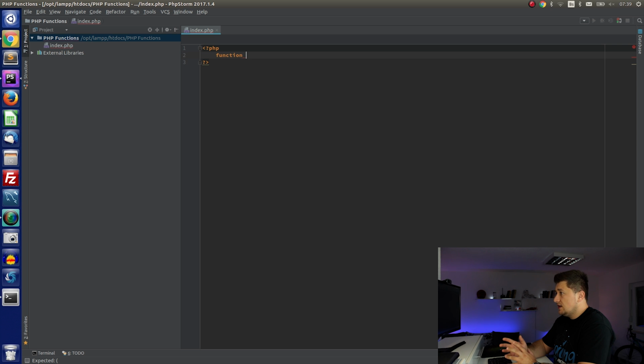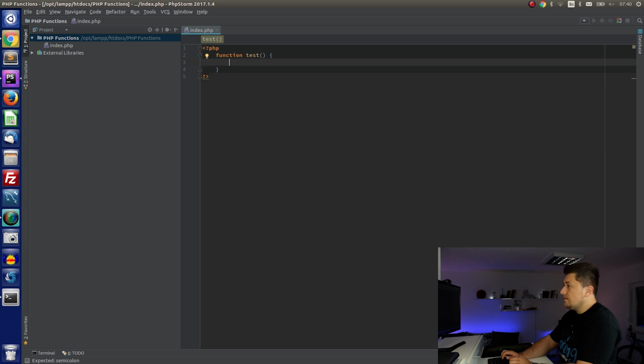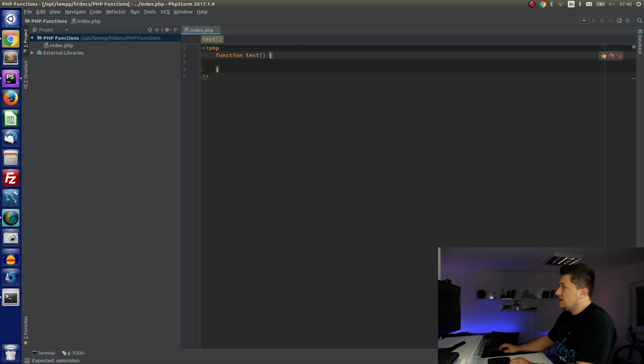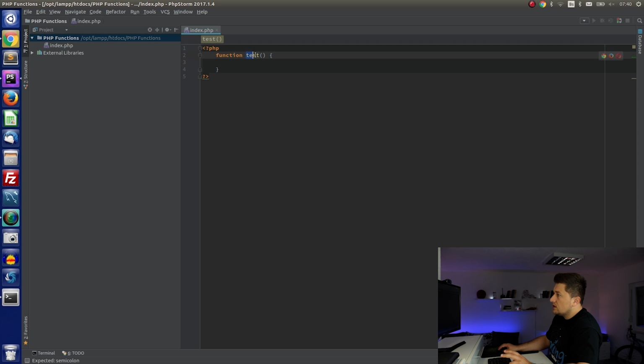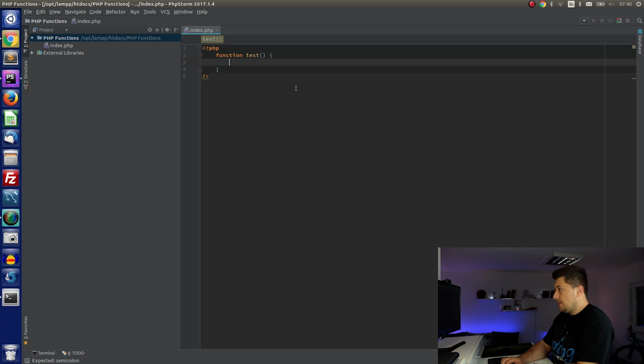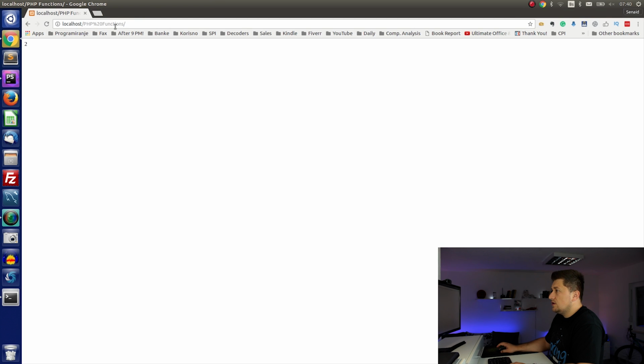So let's say for this example I will say function test, and I will open and close parentheses, and also open and close curly brackets. So here inside those brackets we will write the normal PHP code, which will be executed when we call this function. So when we create this function, we can, for example, say echo hello. And now if we execute this code,